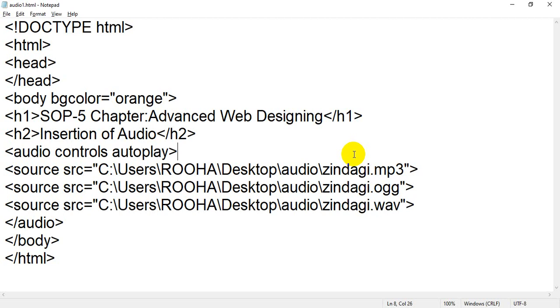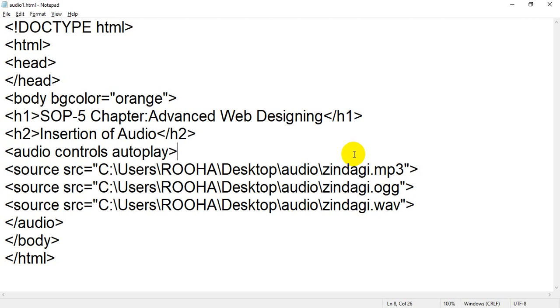Some browsers support some file types and some browsers do not support others. That's why, for the safe side, all web developers add multiple sources of different file types for the same file, to support all browsers.